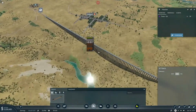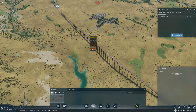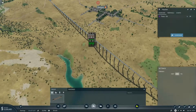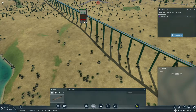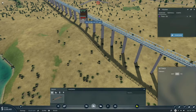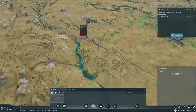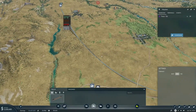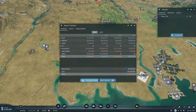See, I kind of want to do the stone one here, but the thing is it goes quite slow. Although it's always going to have a train. Oh, there's all these different ones, actually. I mean, maybe this one? It kind of looks okay. Yeah, it doesn't look too bad. How much is this to build? Nearly 8 million. Okay, let's...